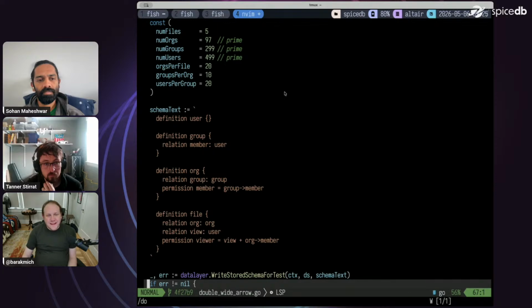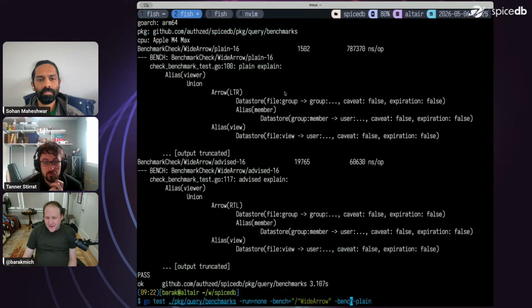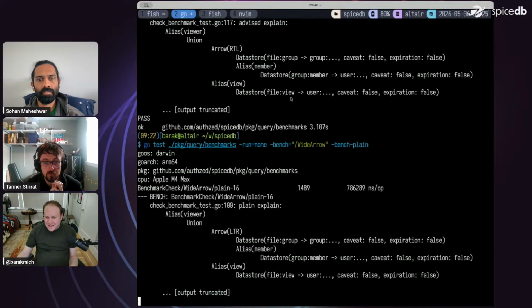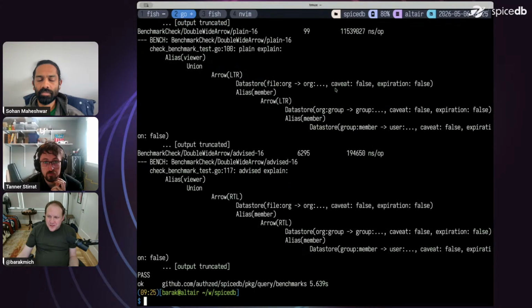And so if we do that again, double wide, well, that's what that caret was for. Same idea. I'll just run wide arrow without the caret, and so you'll see both show up. So there's the wide from before, and then double wide, which takes, what is that, 11 milliseconds versus 194. So that's 100x, right? Less work being done, because now, granted, it's shaped specifically to see that both of those